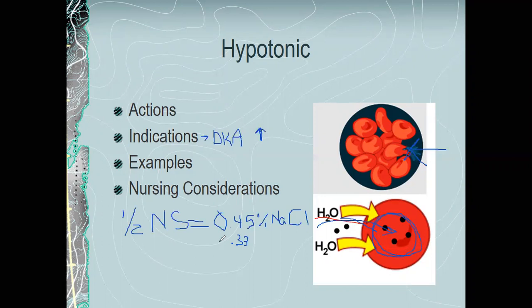So nursing considerations. You would not use hypotonic solutions in patients with known or suspected increases in intracranial pressure, patients with liver disease who are in shock, have experienced trauma or burns, because it can deplete that intravascular volume. And so we're not going to use it in people who need more volume in that vasculature, because that serum,